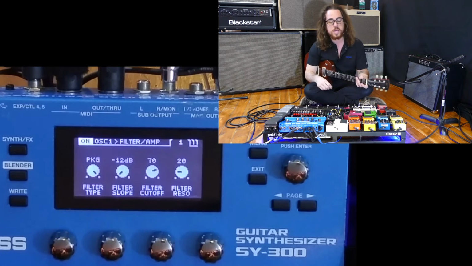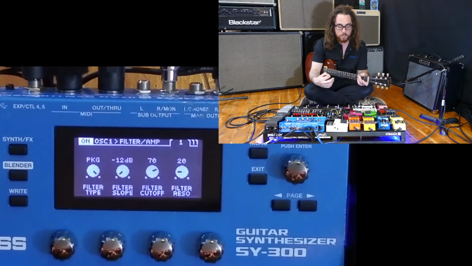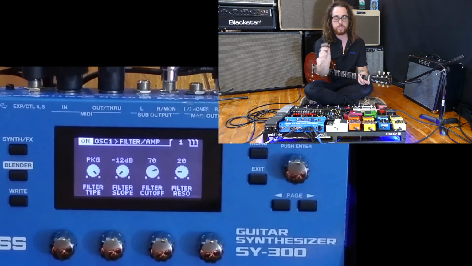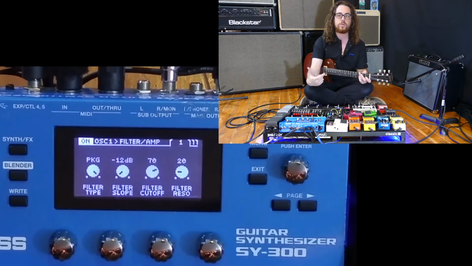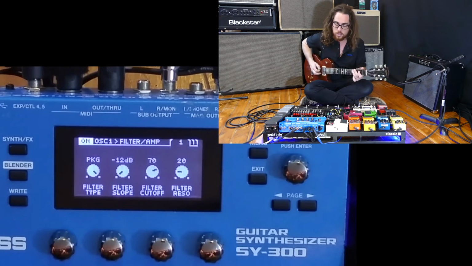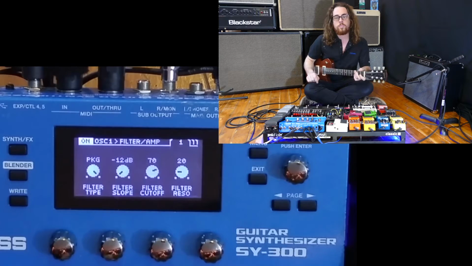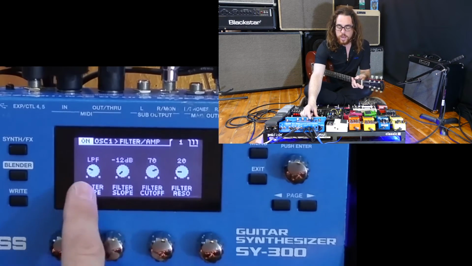And the last filter we have to play with in here is called a peaking filter. This emphasizes frequencies around a specific frequency. It works almost similarly to a single band EQ. And here's what the peaking filter sounds like. Alright, so what I'm going to do now is go back to the LPF